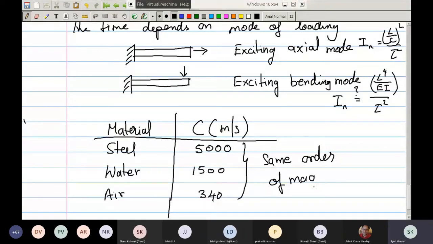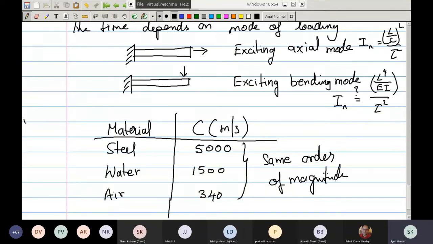I find this really amazing. You have these crazily different materials, but in all these materials, the wave speed is almost the same. Give and take some numbers, and out of them a factor of 10, but it's not so much different. But the materials themselves are so much different. This is something which is very interesting.